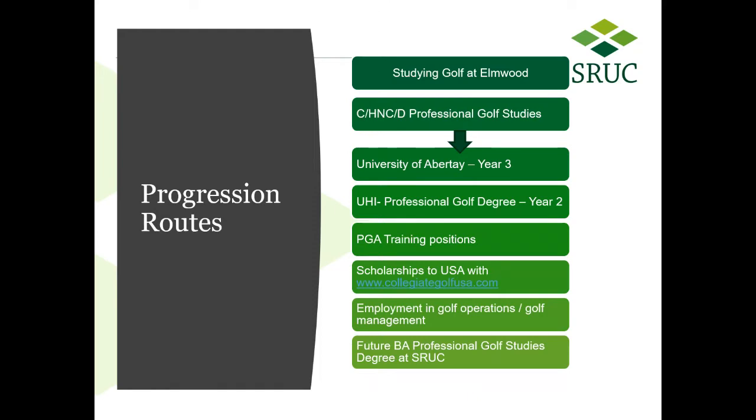As well as that, more recently, we've had students go to UHI in Dornoch because they are now affiliated with the PGA. So there's opportunities coming out of our programme, and at the moment you would be able to progress onto year 2 of their programme, and then 3, and then a 4th year would allow you to go forward to become PGA qualified. We also have a good number of our students who get cherry picked into trainee positions with the PGA,